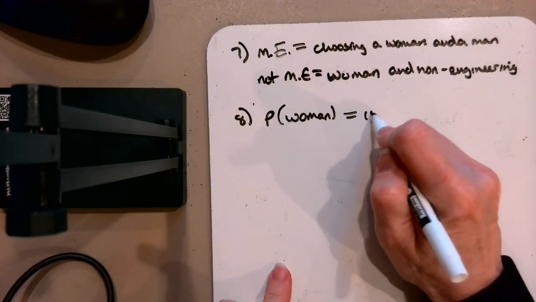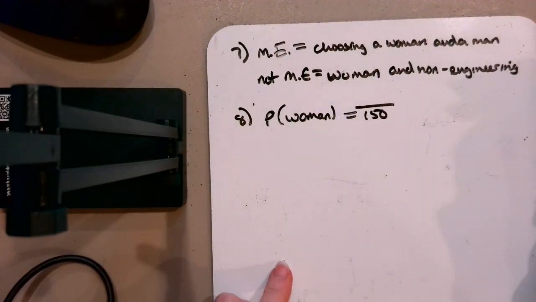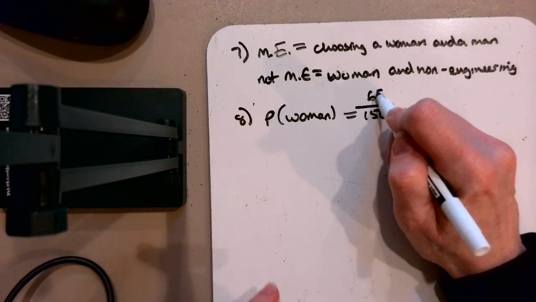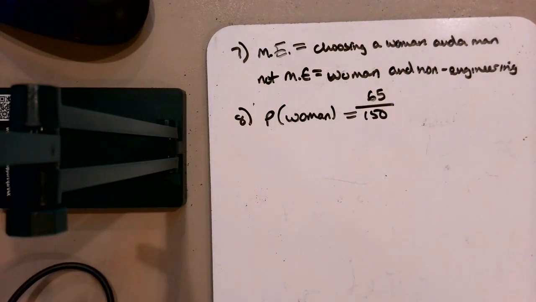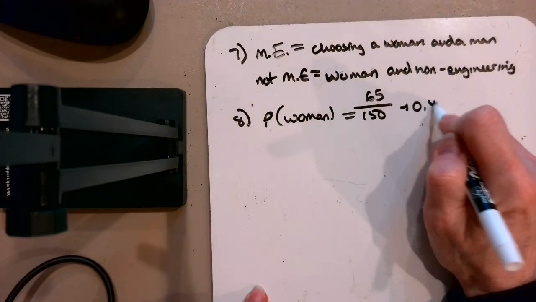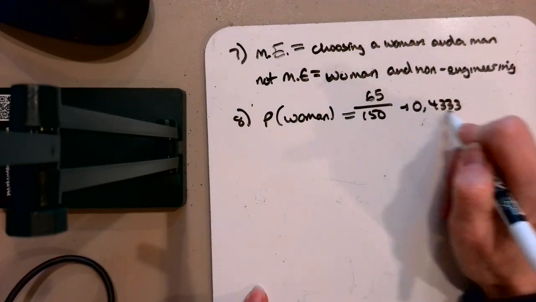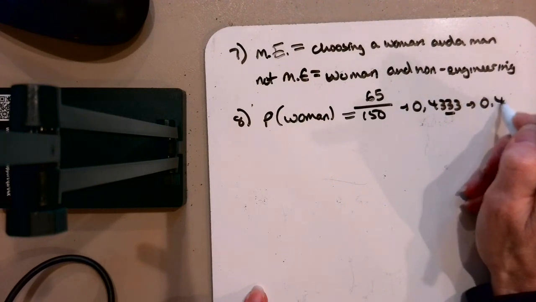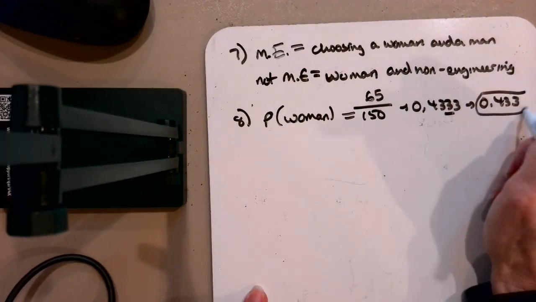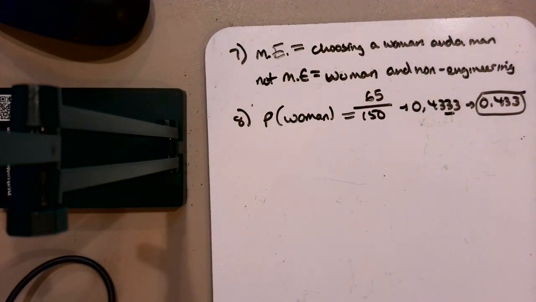Out of 150 people in total, there were 65 women, in the first row, if you had that version of the question. So if you take 65 divided by 150, just to double check my answer, is 0.4333 repeating, rounding to 3 decimal places, 0.433. The other version of question 8